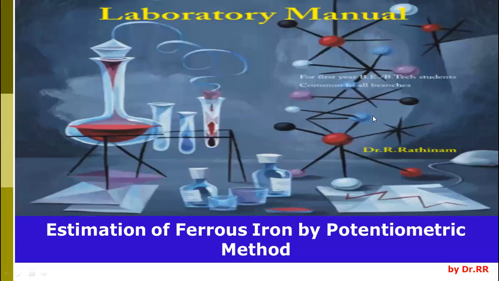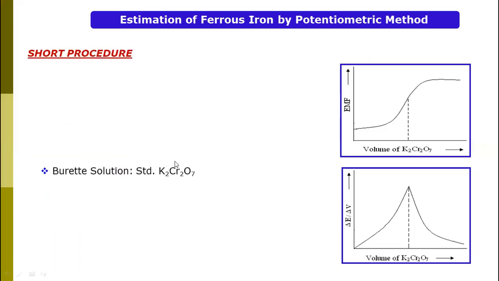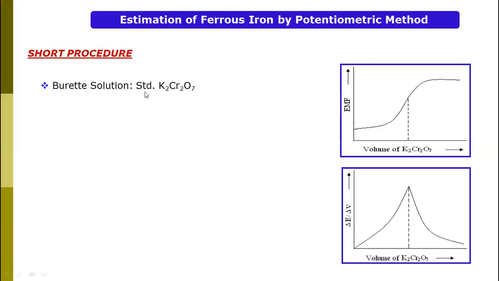Hello students, in this video we are going to discuss the short procedure and viva voce question for the experiment estimation of ferrous ion by potentiometric method. And the burette solution we use here is standard potassium dichromate, that is K2Cr2O7. And the pipette solution is unknown ferrous ion solution, or you can write it as FAS solution, that is